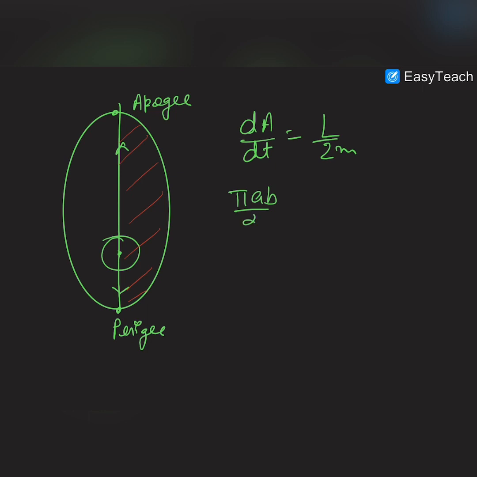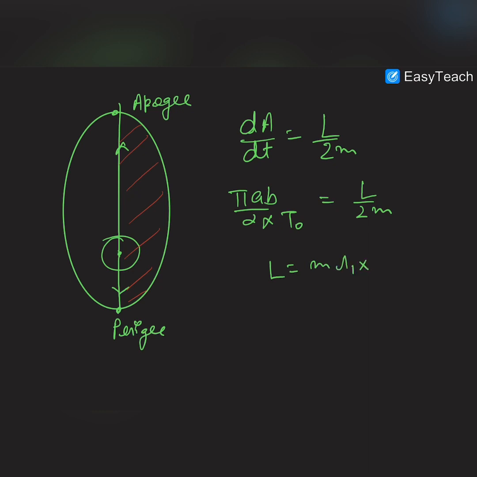Okay, so this is pi AB by 2, and the time taken by this satellite is, let's suppose, T naught, and this is L by 2m, and L, we can write down the L as m into